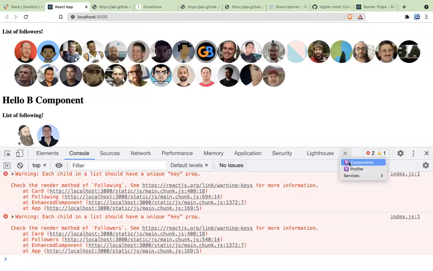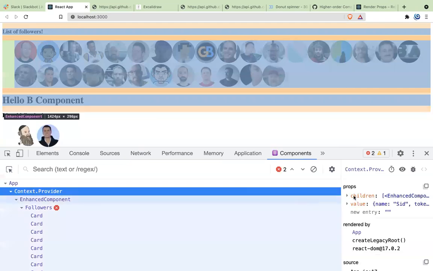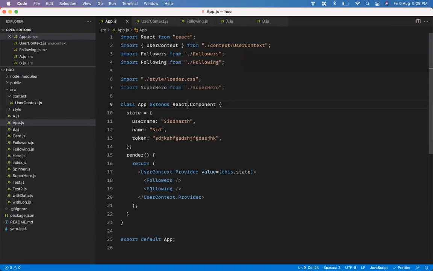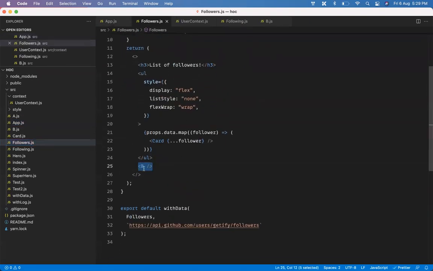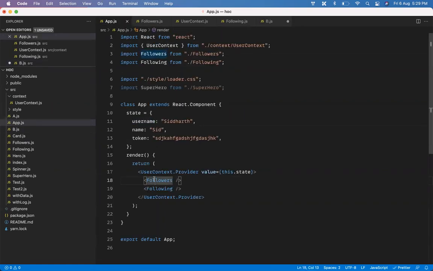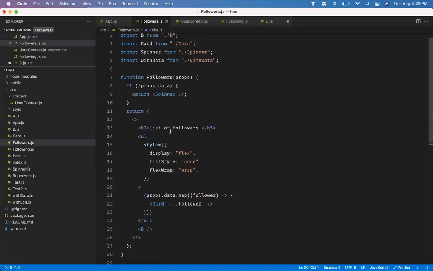If you go into your components here, you will see that your provider has some kind of value. Can you see that? Now, say for example, I want to use it inside B component. So where is B component? First you have to take this data and pass it through followers. It will go inside the followers, and inside the followers, you need to send that data to B, and B is going to use that data to display the username. Say for example, here I need to display the username, whatever it is. So how can I do that? You either have to pass it from one component to another component, and it will keep going on.